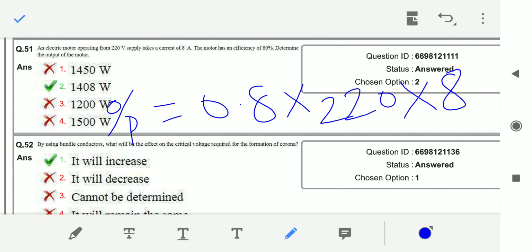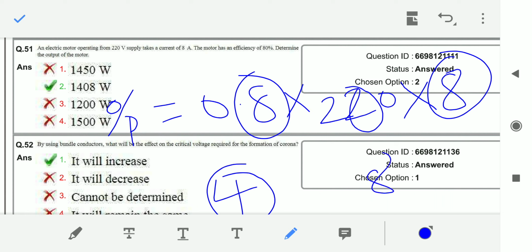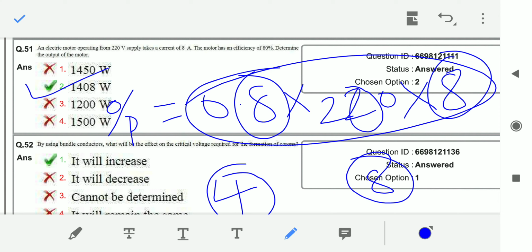If you observe carefully, 8 8s are 64, that means the final digit is 4. 4 2s are 8, that means the final digit is 8. In the options, the final digit 8 is in option 2. So the answer is option 2. If another option also had 8 as the final digit, then you would definitely have to multiply all these values. I am directly keeping my answer with some shortcuts, as there is no 8 in the other options.